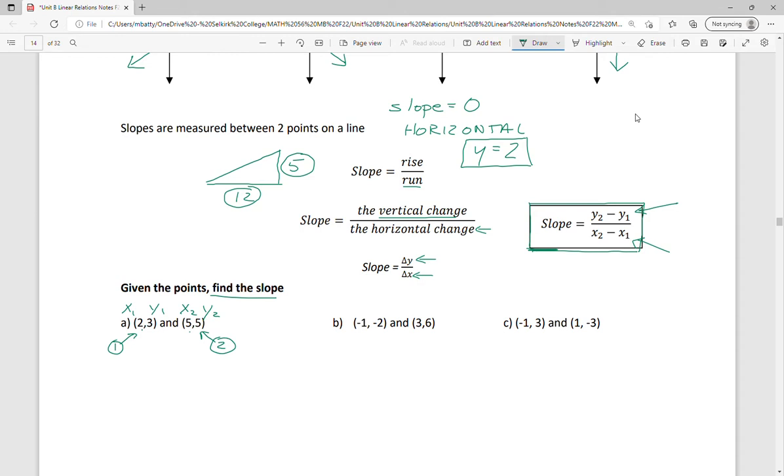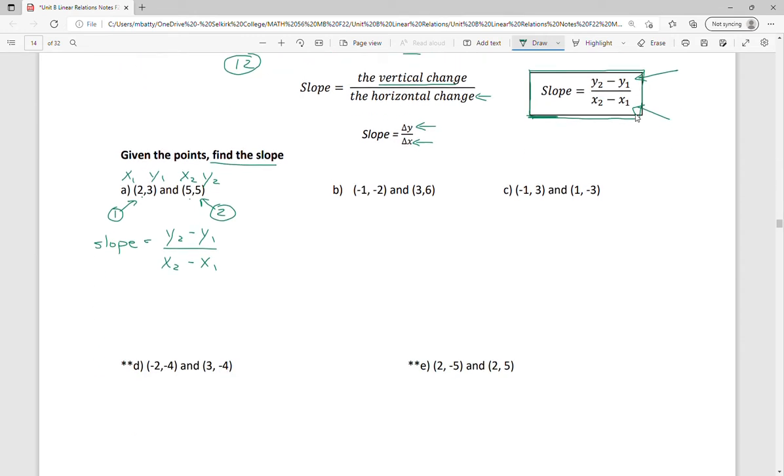And so subbing into my slope equation, slope would equal y2 minus y1, and that is the change in y, over x2 minus x1, and that is the change in x. So I go ahead and label these because I'm really good at picking and choosing the wrong numbers. And then I'm just going to sub into my equation. Because I've already labeled them up, I simply take a look at what I've labeled. So my y2 was 5,